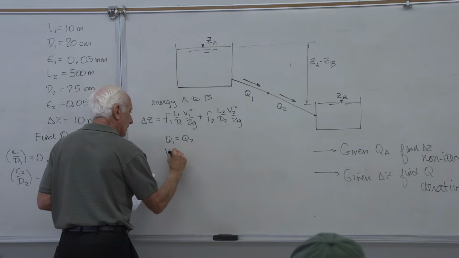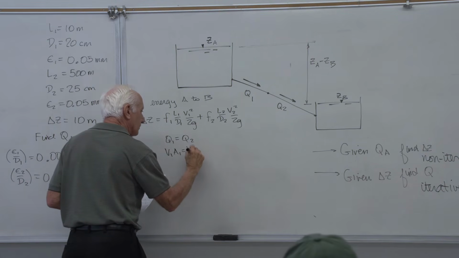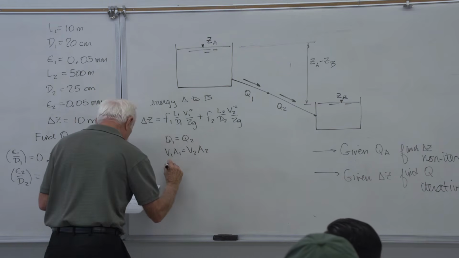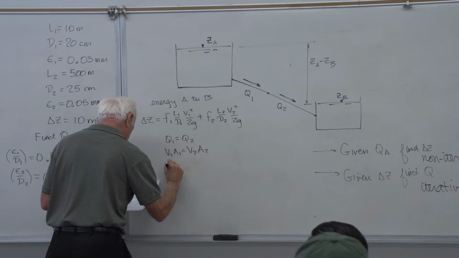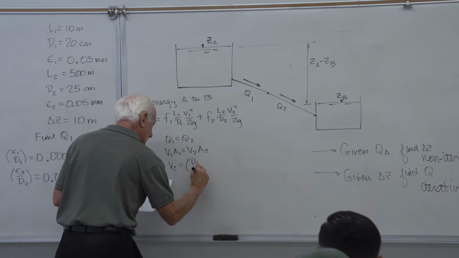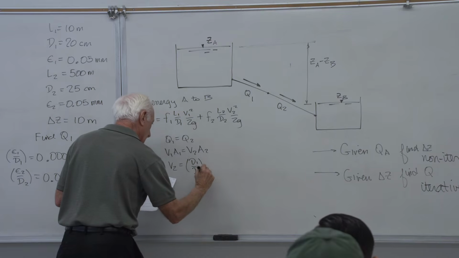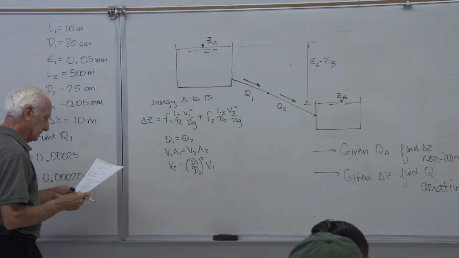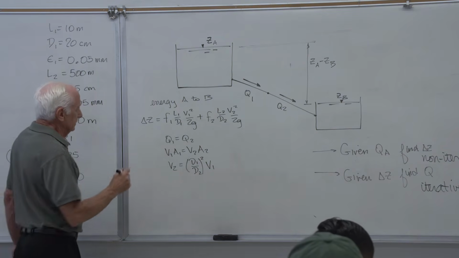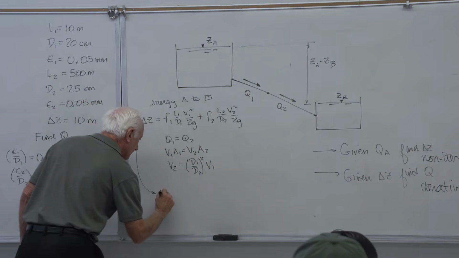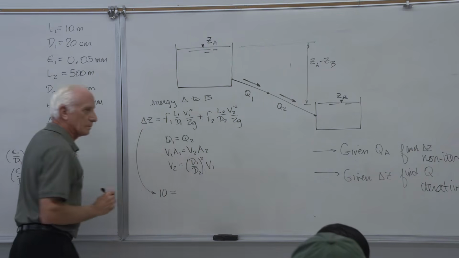So V1 A1 equal V2 A2. And we get V1, let's write it in terms of V2. V2 equal D1 over D2 squared V1. Okay, down here, 10 equal,